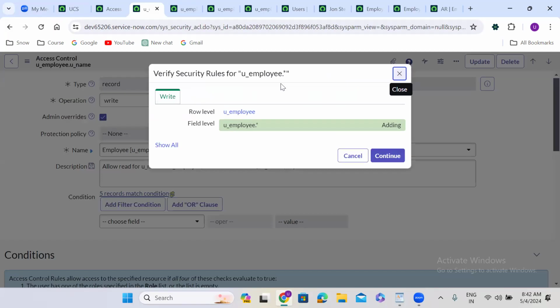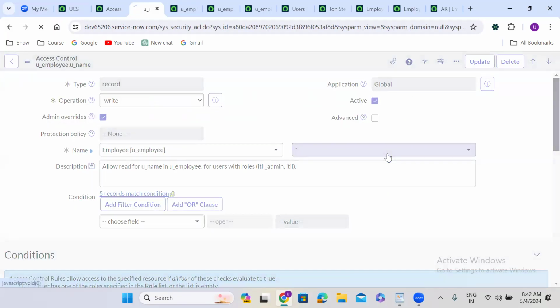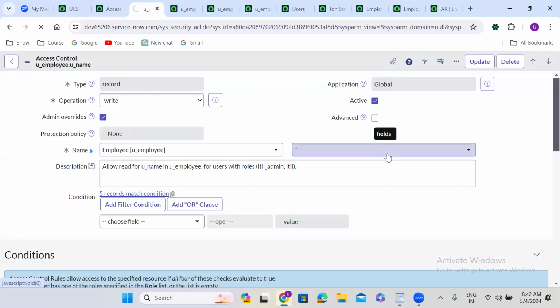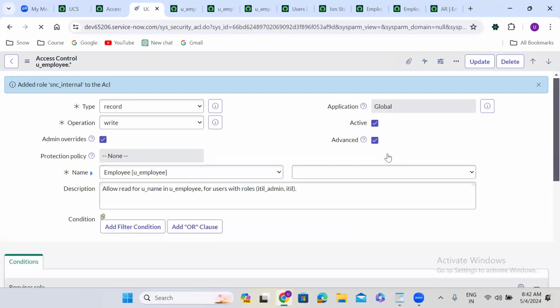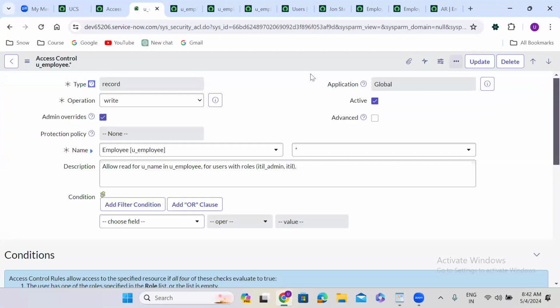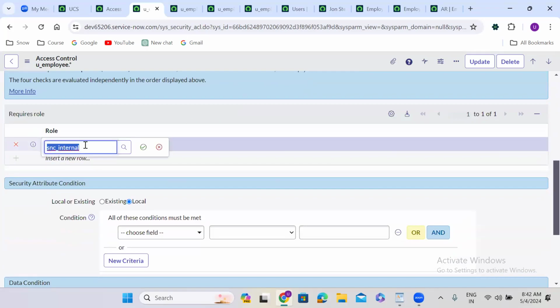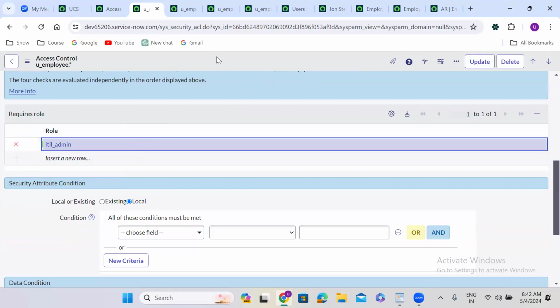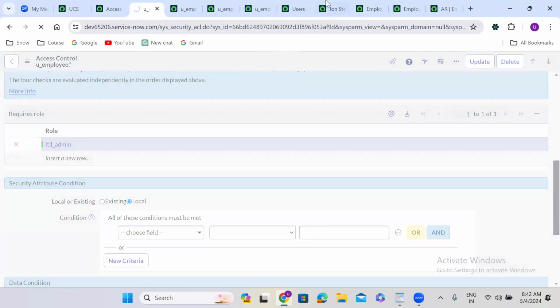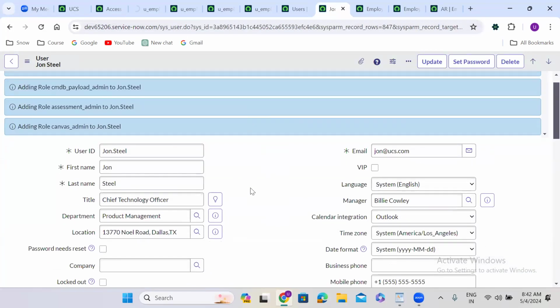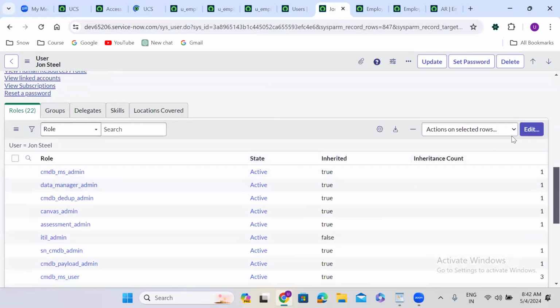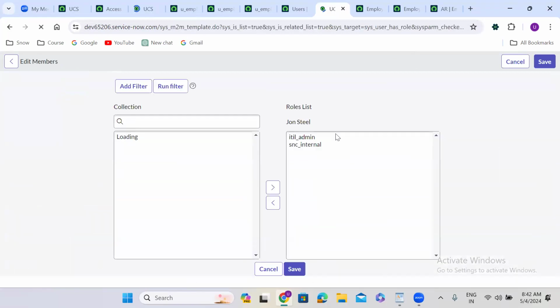So this is tricky to understand. You will understand it if you practice it thoroughly. Did I save or did I use insert instead? Okay, I am granting all the write permission to ITIL admin. I am going to grant ITIL permission to